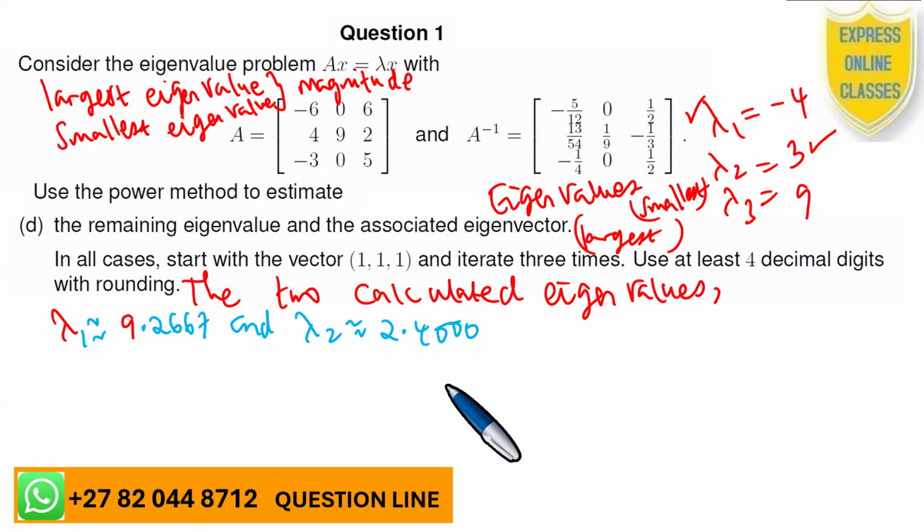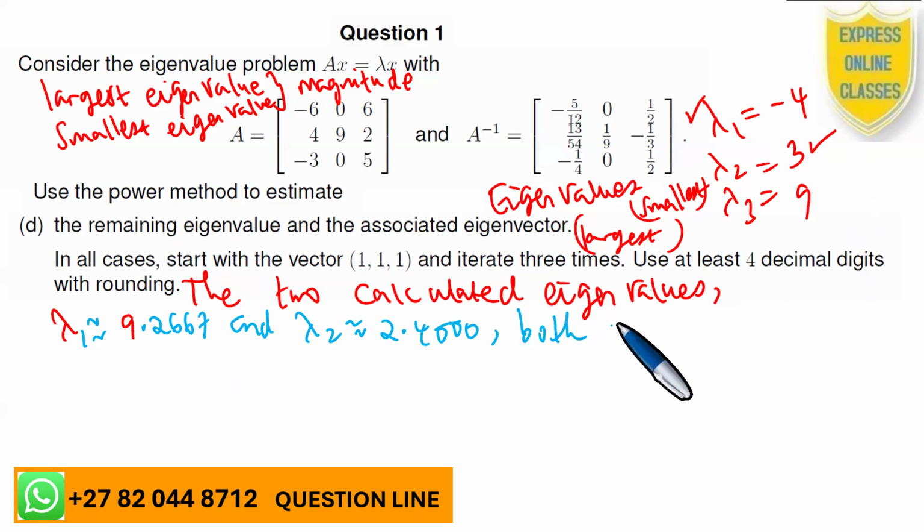But in both cases we did last time, you remember that this 2.4 is close to the smallest one. It's close to 3. And the 9.2667 was the one close to 9 when we did the estimate. We need to find the one that is close to -4 right now. In any case, these two were done last time, and this continues from where we left off,